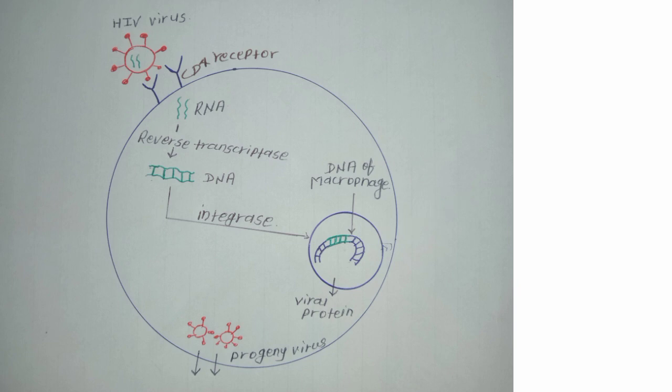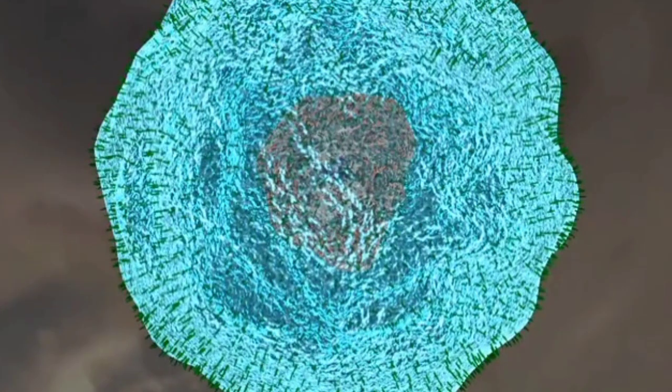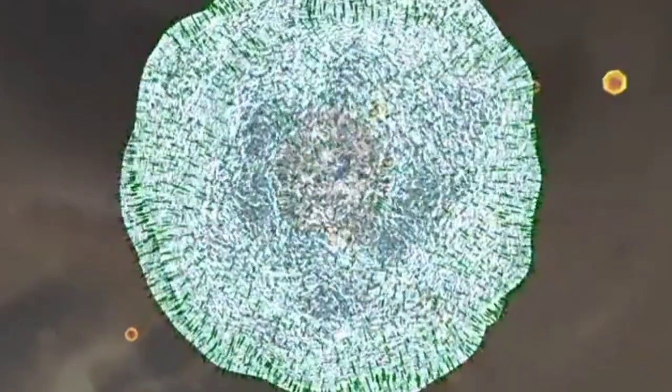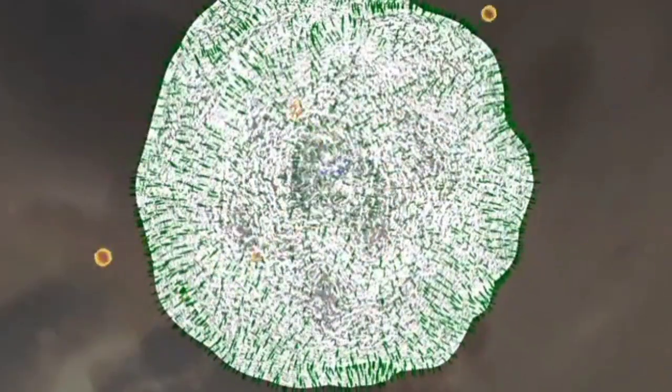Meaning that after being integrated, viral proteins will start forming in the cell. Now we already have the genome, so multiple progeny of the HIV virus are formed, and this progeny virus can be released outside the cell and infect the next nearby cell. The macrophage helps the HIV virus to make multiple progeny from a single virus particle, so the infected macrophage is also called an HIV-producing factory. After that, this progeny matures and targets the T helper cells of the body and destroys them.